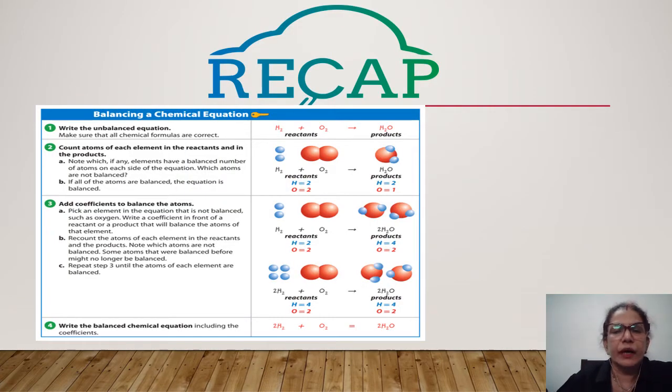So let's do a recap of whatever we've done. Till now we have done what is a chemical reaction, what is a chemical equation, and the terms related to the chemical equation are word equation, skeletal equation, and balanced chemical equation. Skeletal equation, as the name indicates, means that we have not balanced the atoms of one element on the reactant side and the product side. Each and every element on the reactant side and the product side needs to be balanced, indicating the number of atoms.